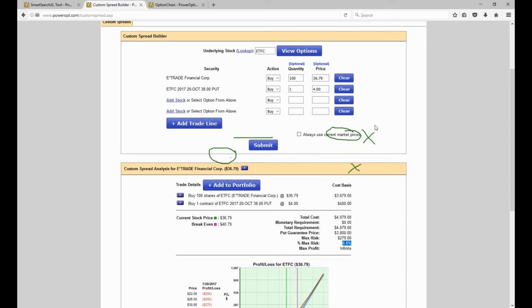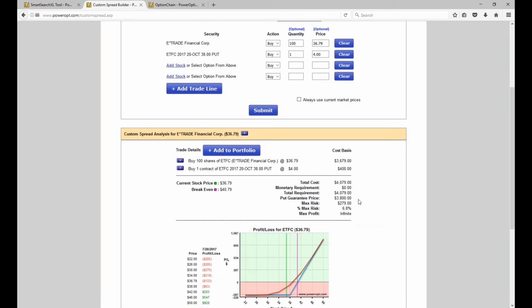But let's say, Michael, that I open this position Monday at 10 a.m., for lack of a better term, and I get these prices. And I decided, whoops, I didn't want to do that. The minute I open this position, I could turn around, sell the stock for $36.78, $36.76, and sell to close the put for $3.95, $4.05, $4. All I'm risking when I open this position is the bid-ask spread. And we saw it was pretty tight when I looked at it on the chart there.